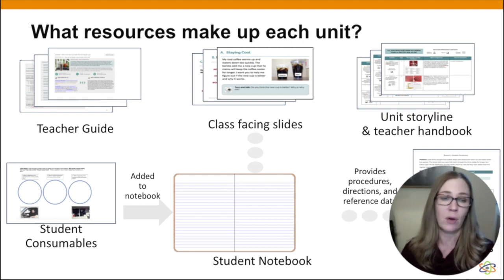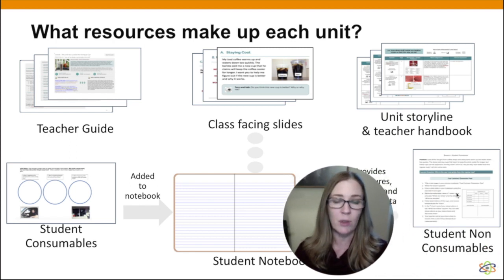And you will find in every Google folder that there are class-facing slides for every lesson. I do suggest you go through the slides while you are going through the teacher guide, and then you will understand the rest of the documents in the Google folder. There will be student consumables. If I move my face here, there will be student non-consumables like procedures to a lab. So you can either paste these student consumables in a notebook. You might decide to have them write some things down directly into the notebook. The best thing about this is you get to make it work for you and for your students and for your teaching style. But you will be overwhelmed when you open up a Google folder, because there's so many resources